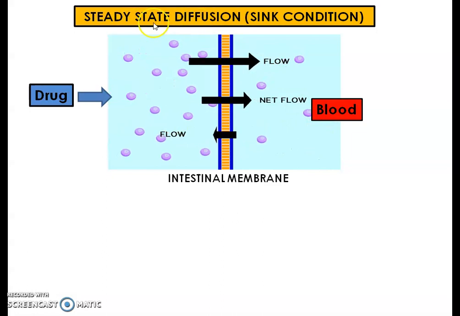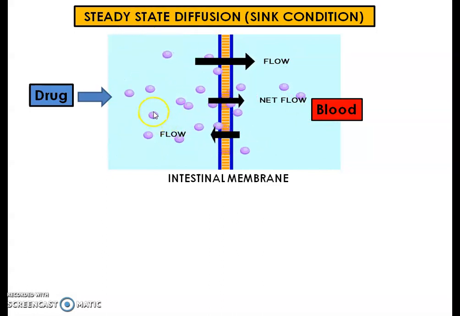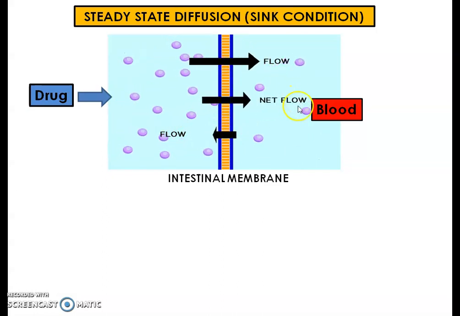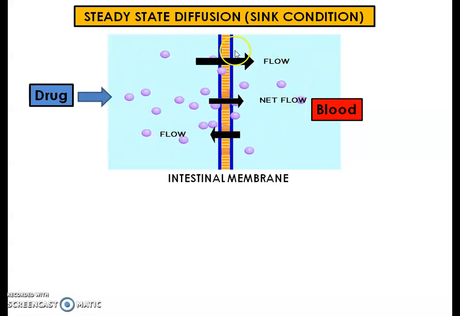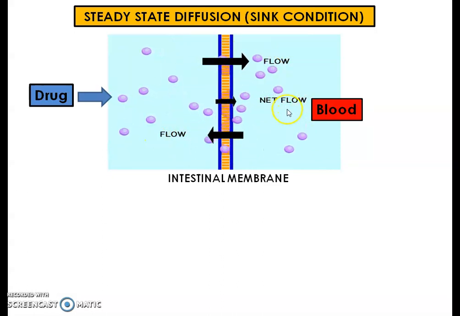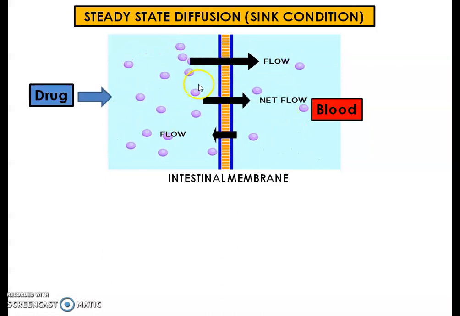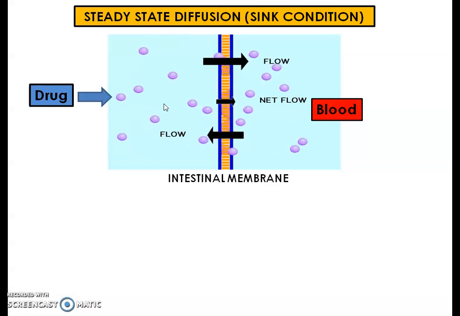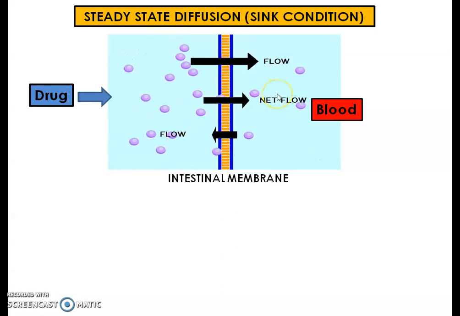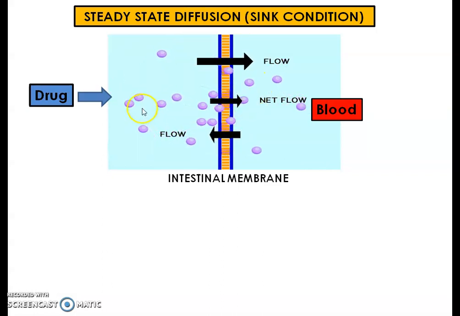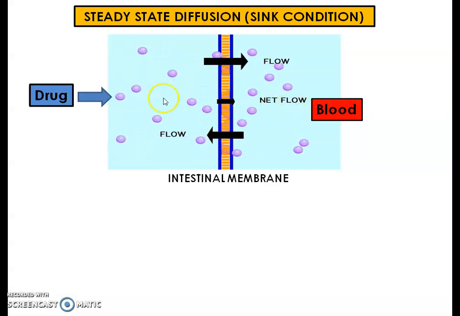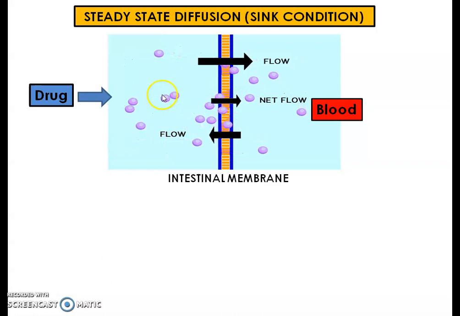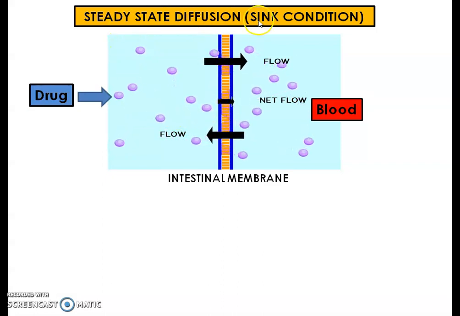If you apply the steady diffusion principle here, what will happen? The drug will transfer from higher to lower concentration, to the blood, until there is equilibrium. When there is equilibrium, there will be no diffusion as per the diffusion principle. So if you take 500 milligram of drug, only 250 milligram will transfer, and when the equilibrium stage is reached, the drug transfer will not happen. So 50% of the drug would be wasted, but it does not happen in the body. Why? Because there is always a steady state diffusion or sink condition.